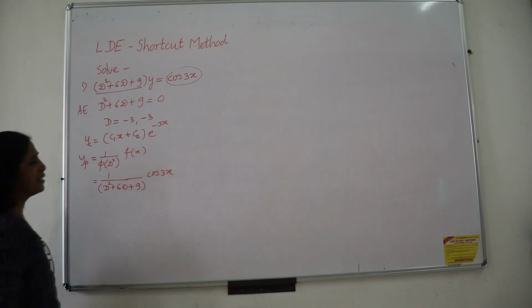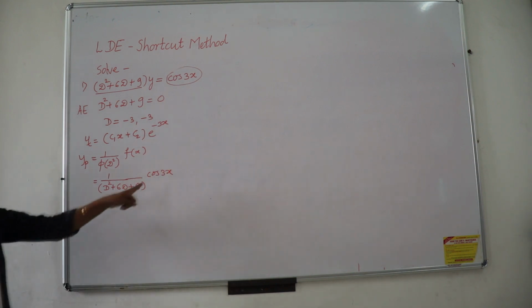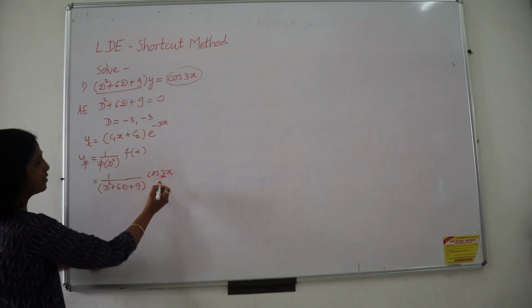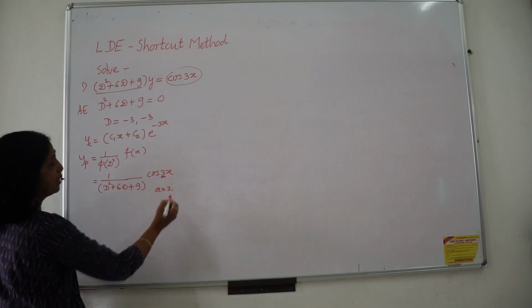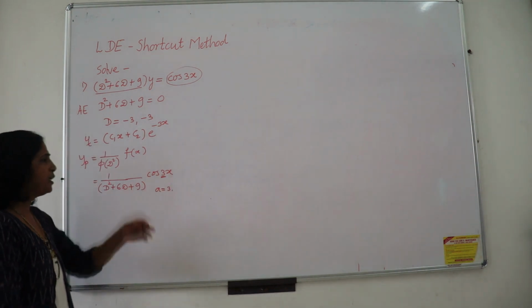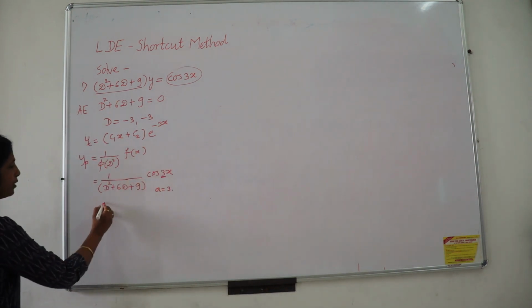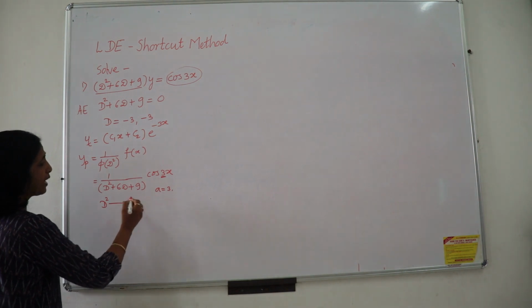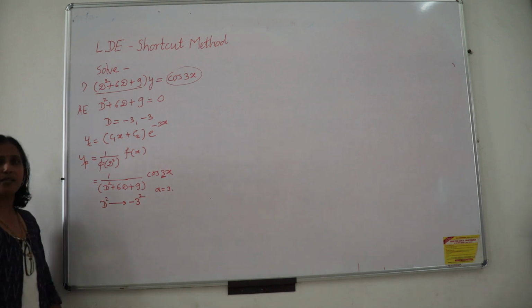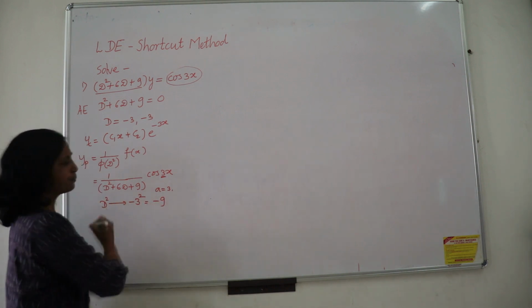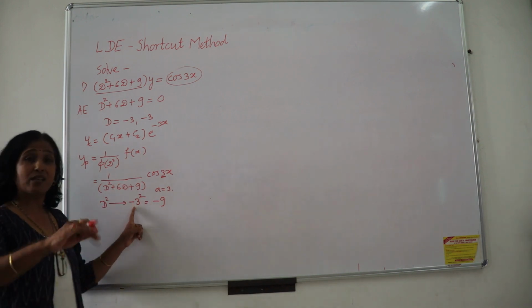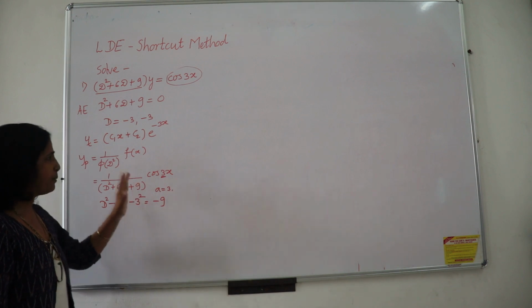A single function is there, so we are in position to apply the shortcut method case number 2. Now what is the coefficient of x here? See, a is 3, but b value is not existing. I told you in previous remarks, b may come, may not come, don't bother for that. A is more important. Rule says D square is replaced by minus of a square. Take down 3 square first and give minus sign for that, so it is equivalent to minus 9. Once again, it should not be minus 3 whole square to get it positive. That will be something wrong.